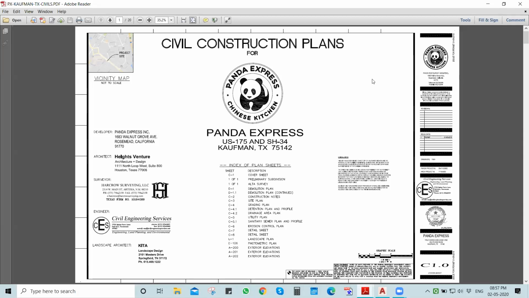So we prepare the civil construction plans for various sites. They would be US sites, UK sites, the Middle East, the Indian also. So everyone requires the civil construction document set as you are seeing on the screen. This is the first page of the drawing set. It contains the index of the plan sheets. So we all design and draft from project to project, for every project.